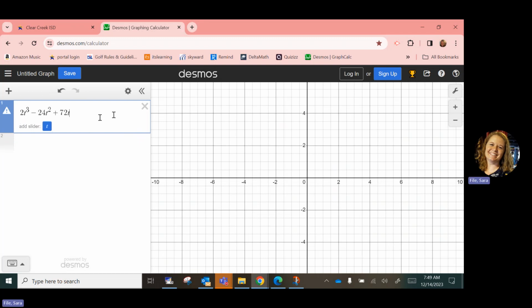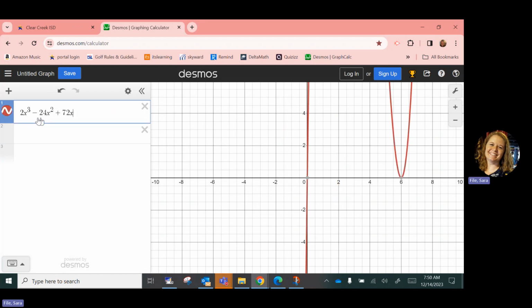I don't know why that one's not working. Oh, I think it's because I need to use X instead of T. In Desmos, it doesn't matter what the variable on your paper is. Just use X so that the graph shows up. Okay, so looking at this,